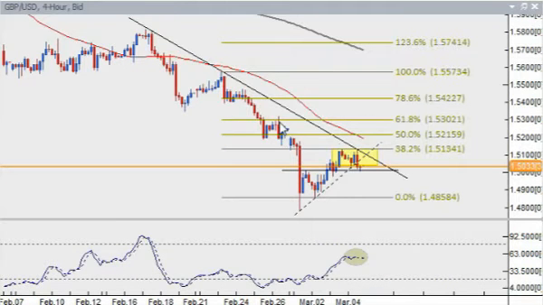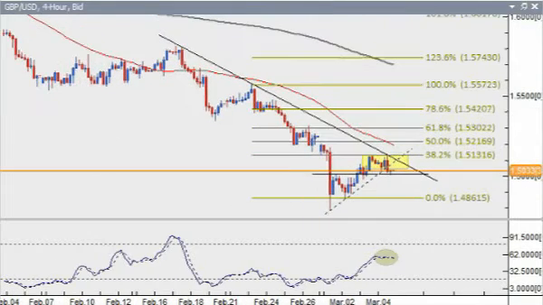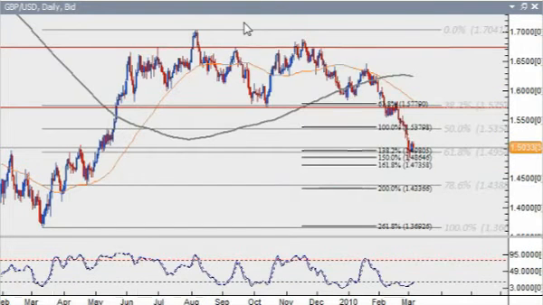Here's the pound dollar pair, which has been very bearish for a while now. As you can see here with the moving average, the intermediate is under the long-term moving average. In the daily, we had that crossover here at the start of February, and now by start of March, we already had a couple of swings. So the market here has paused at the 150% extended projection of this previous swing, which is also near the 61.8% retracement. So 1.50 right now is an important area, and if it holds up,